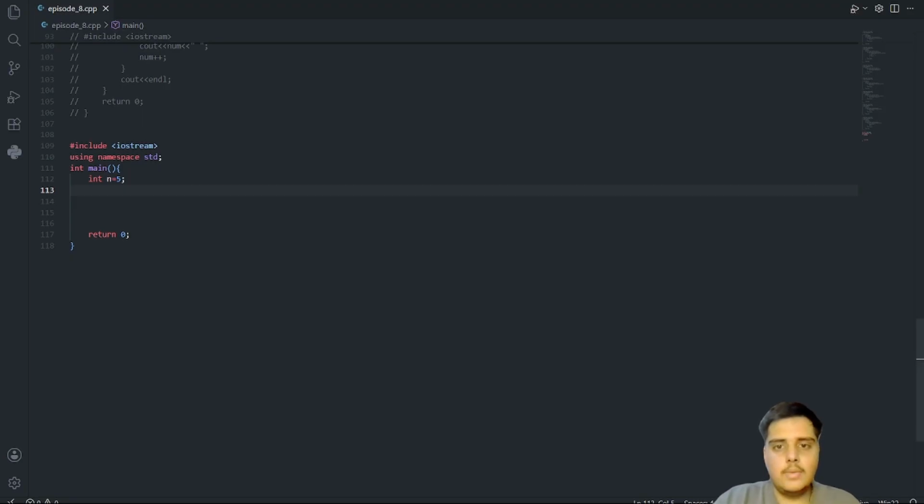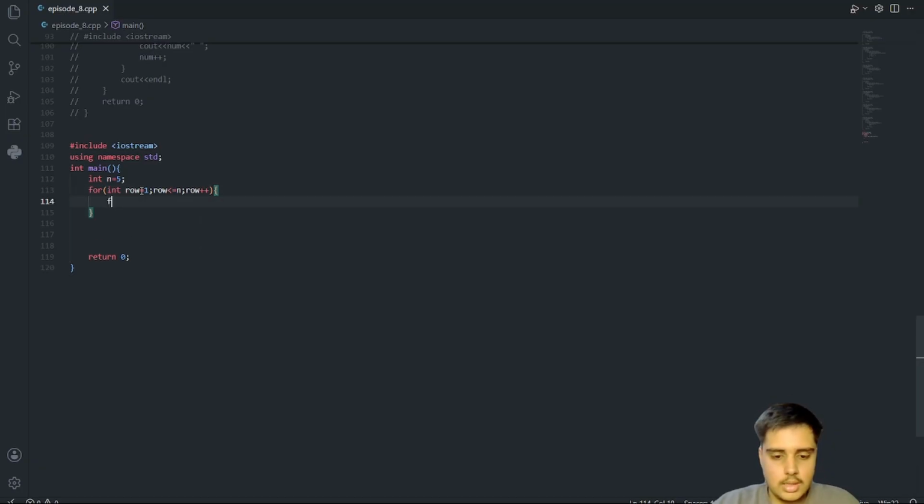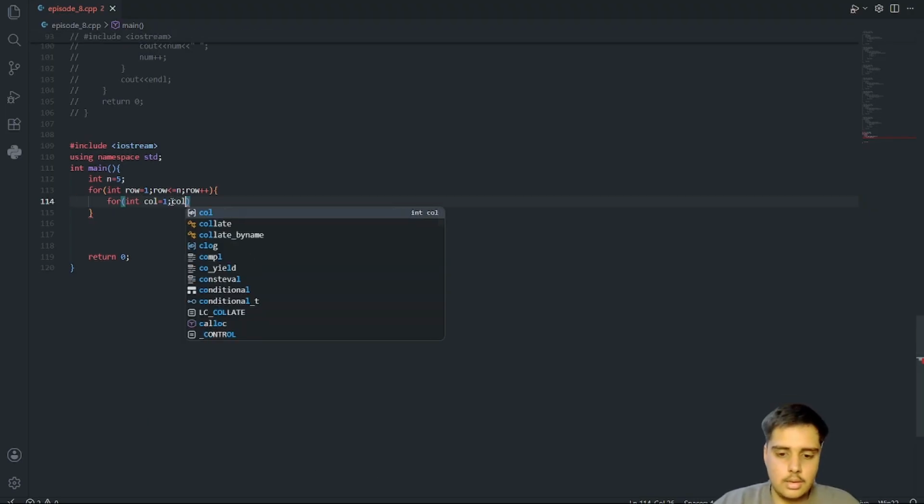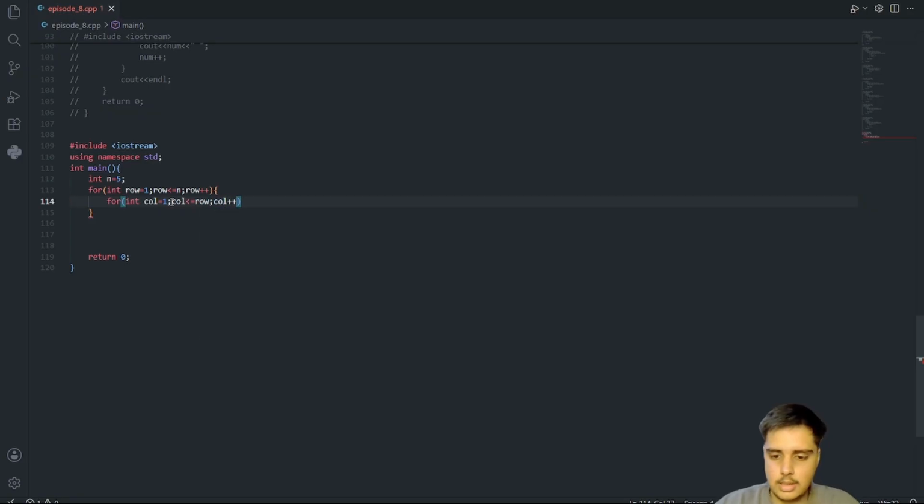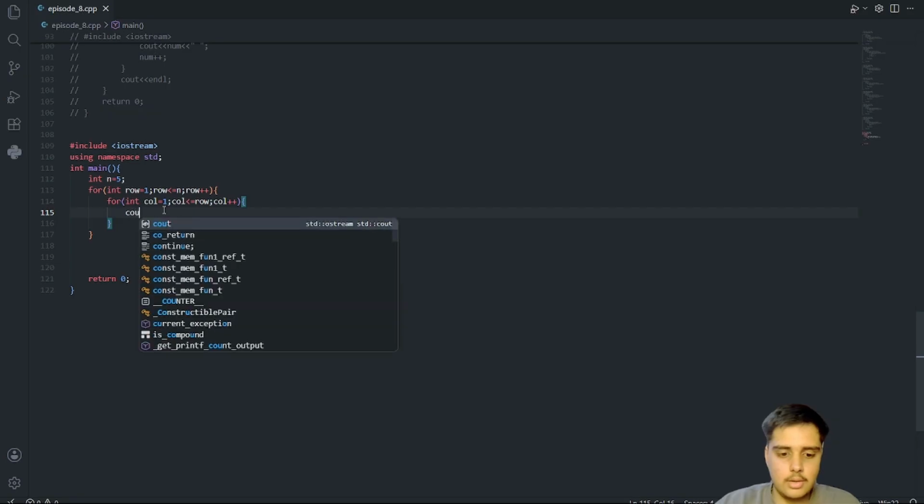After this I will say for int row equal to 1, row less than equal to n, row plus plus. Inside this, the other loop: for int col equal to 1, col less than equal to row, col plus plus. Now in the inside loop we will do the same thing we used before.